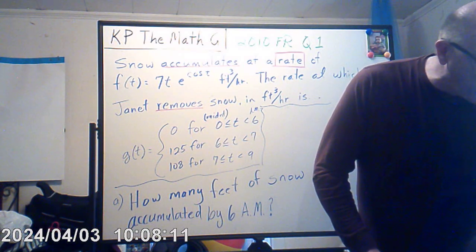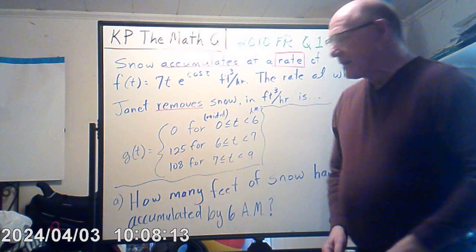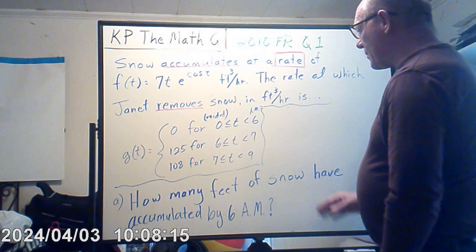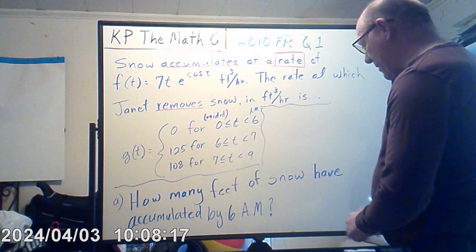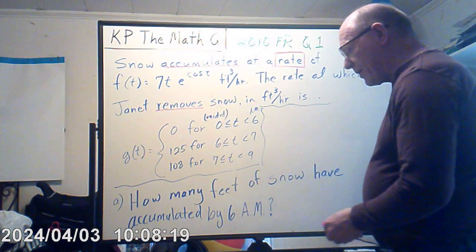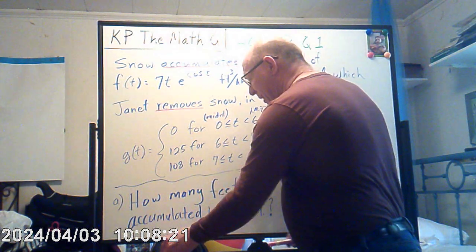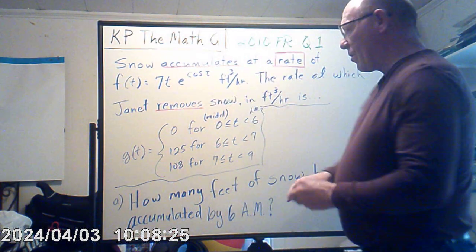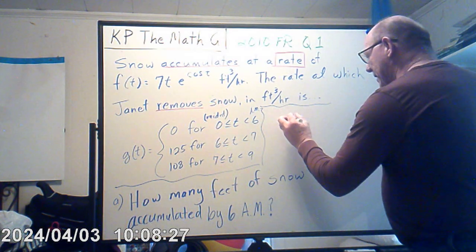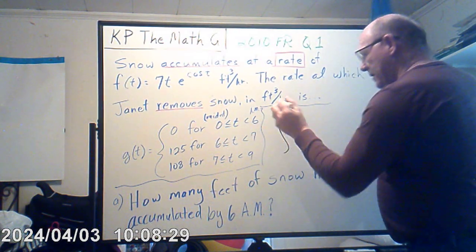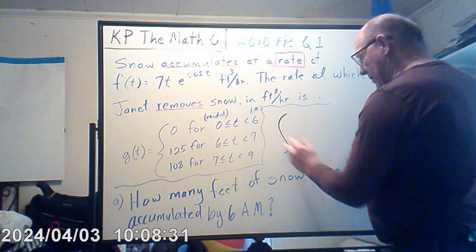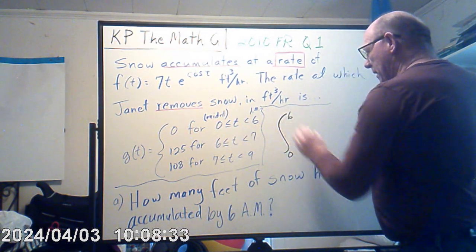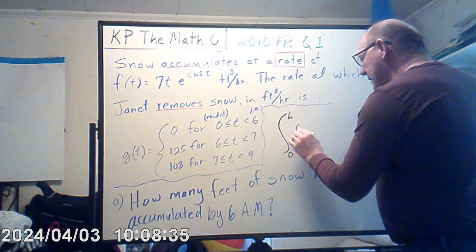Yes, that is per hour. Alright, so by now we should be able to understand that if we see the rate, then all we do is we integrate, and of course from 0 to 6, that would be the integral of F of t